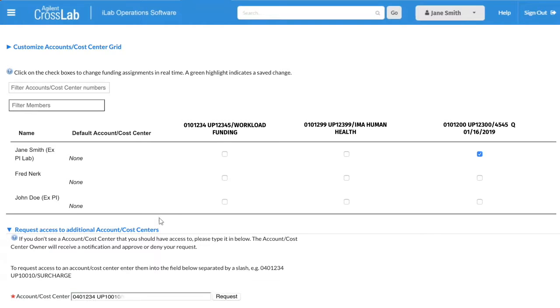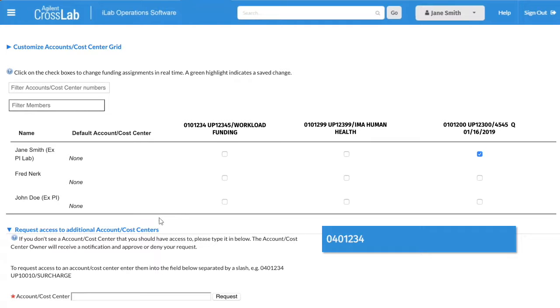If you know the full and formal form of the account you would like to request access to, enter it here and click on the Request button. However, please note that only the full and formal form, formatted appropriately, is recognizable to iLab. To request access to a funding source, you will need to enter it in the format the first part of the account number, space, campus code, and then the rest of the account number, followed by a / and the cost center. For example,